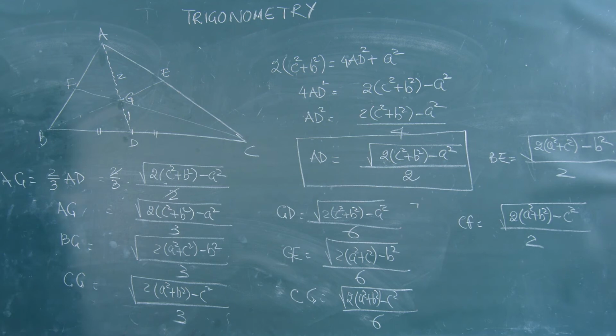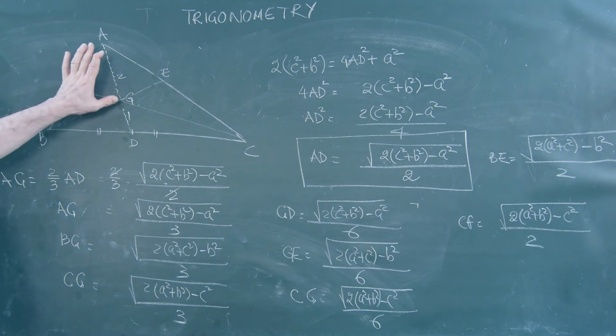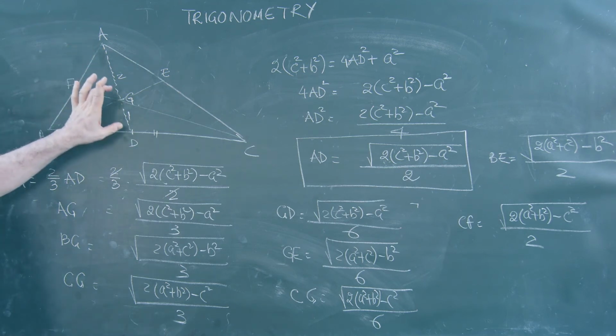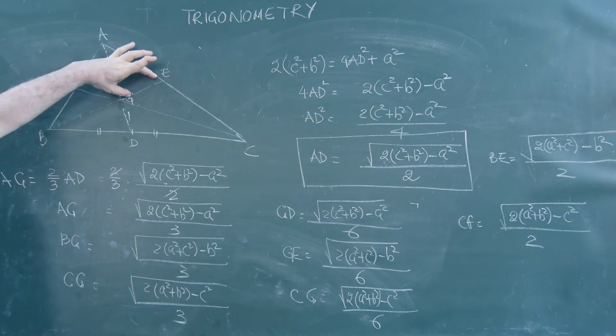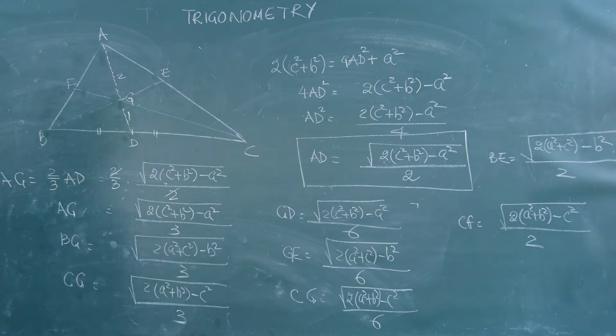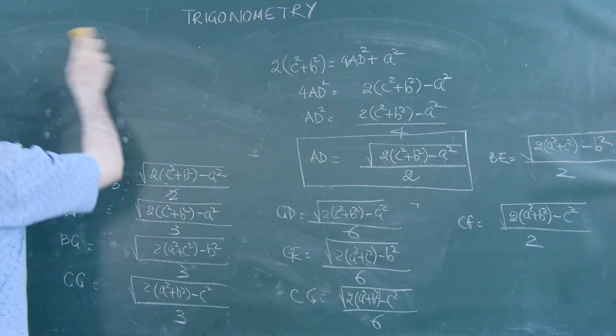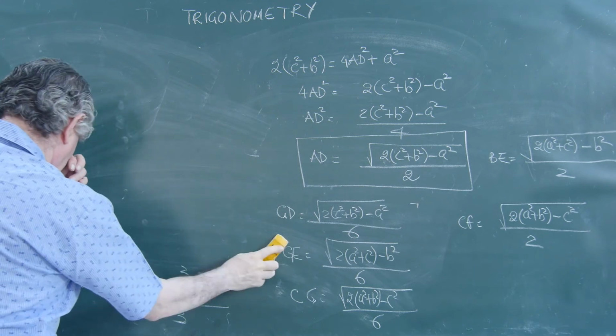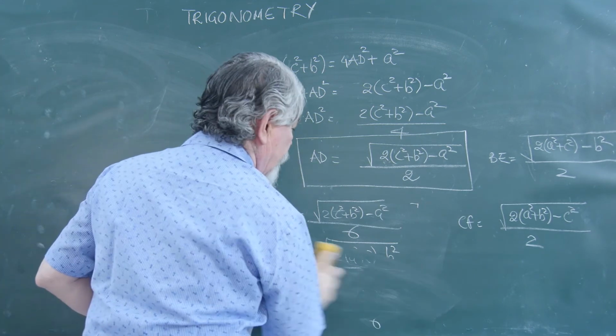So you've got the value of medians, you've got the portion of the medians AG as well as GD, BG as well as GE, CG and GF also. So this is the calculation of the medians. Now let us talk of the next important law. Before that, let me tell you something more. Before I go for the sine rule,